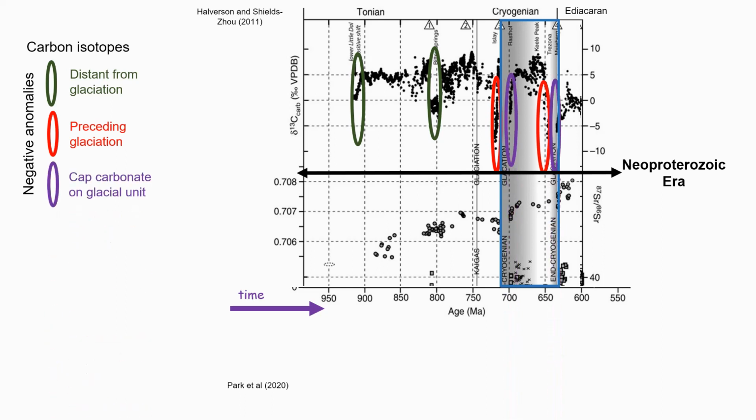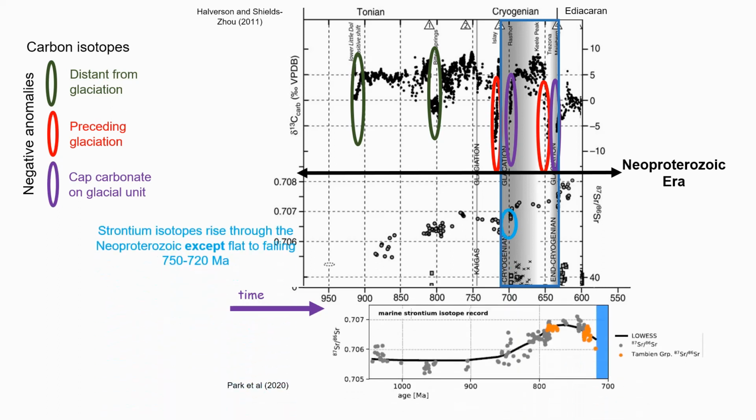A negative carbon-13 signature is also characteristic of the cap carbonates, but the signal is subtly different in the Sturtian cap and the Marinoan cap. The Sturtian cap starts negative and rises. The Marinoan becomes more negative upwards. So carbon isotopes are clearly valuable for fine-scale stratigraphy, but for the big picture, strontium isotopes are the most powerful